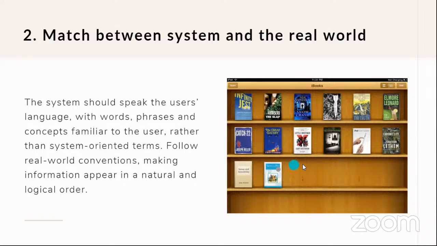If I open this app, for example, iBook, and I saw just a list, they didn't even give me book covers. How will I even know that these are all my books? Like it doesn't really resonate. I mean, it might work, right? But just to add more natural flair to whatever you're designing, just make it look like